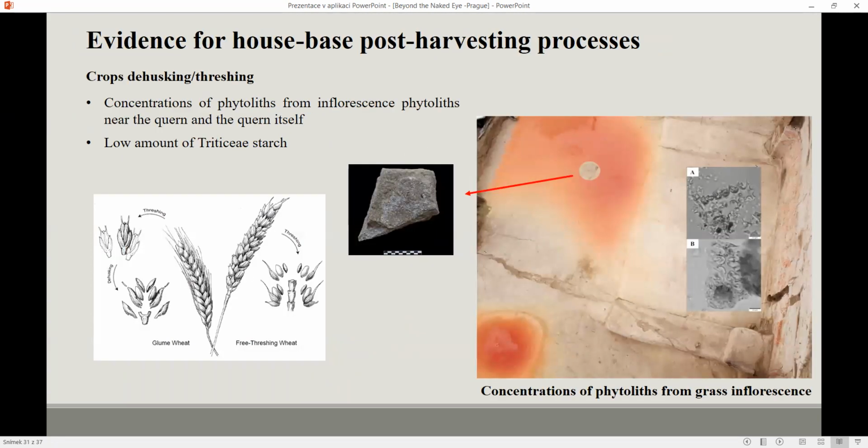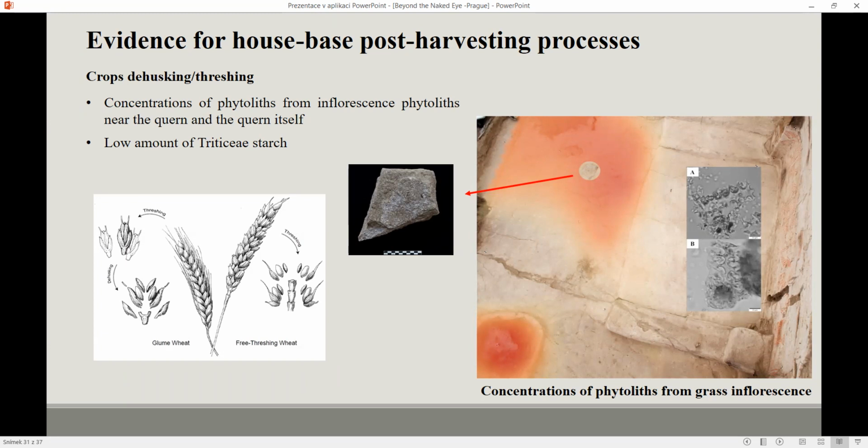And another interesting insight that we can get by combining all the phytolith and starch data from the house floor and from the grinding installation is strong evidence for house-based post-harvest processing activities. In this case, we see by the concentration of cereal inflorescence around this grinding installation that indeed cereal processing activities were taking place. We remember that the artifact was actually full of starch grains from cereal inflorescence as well, but